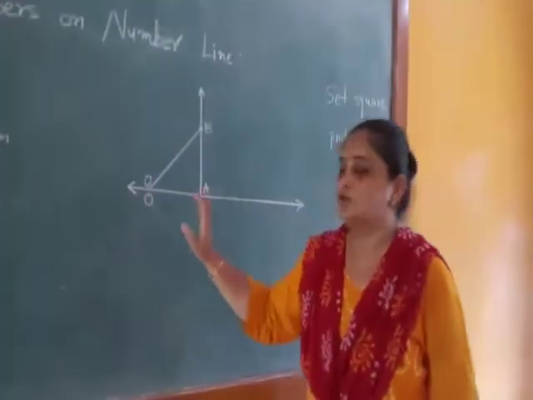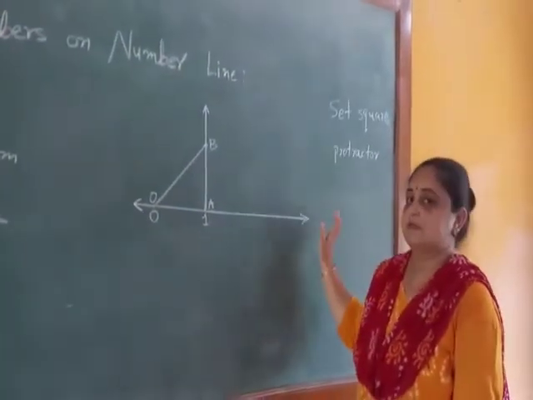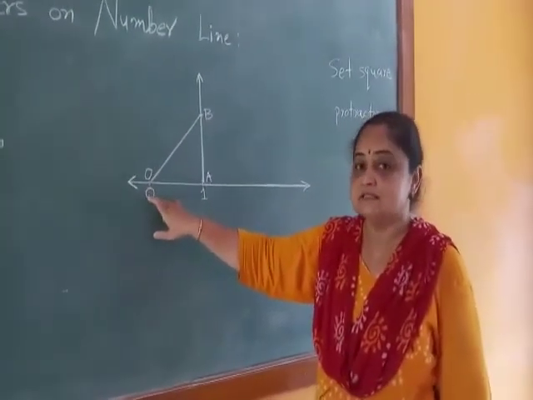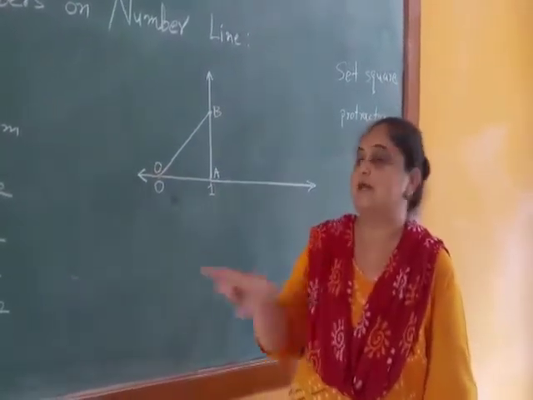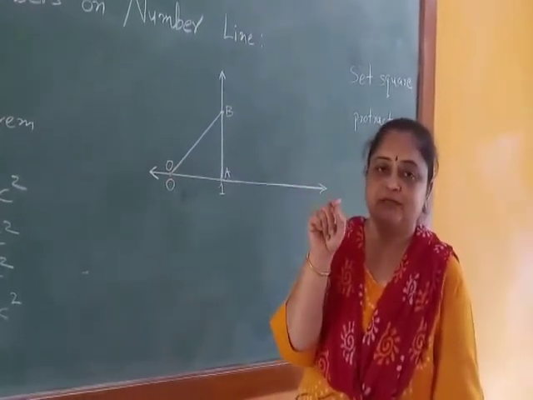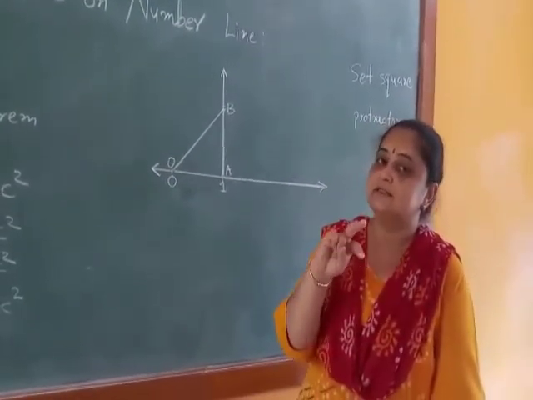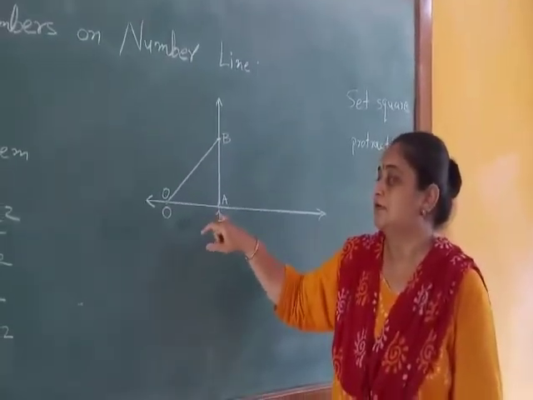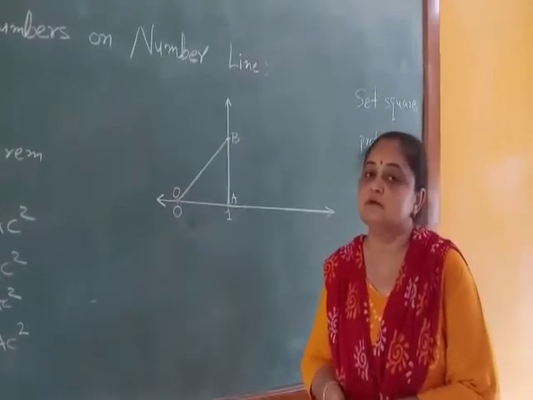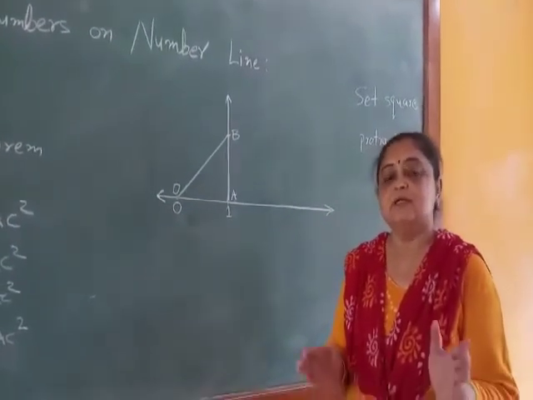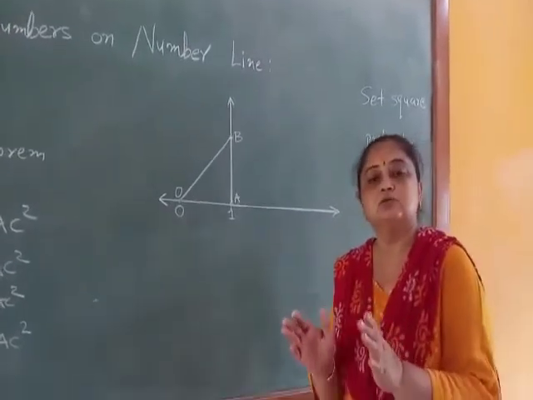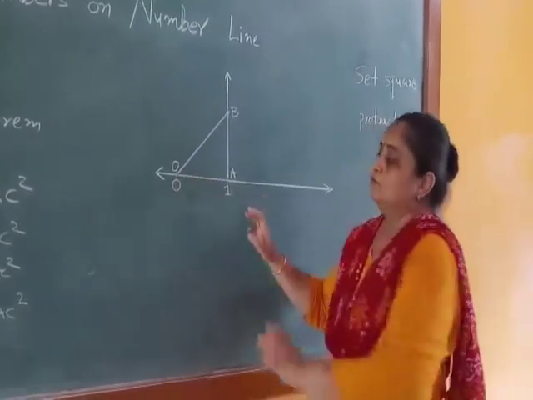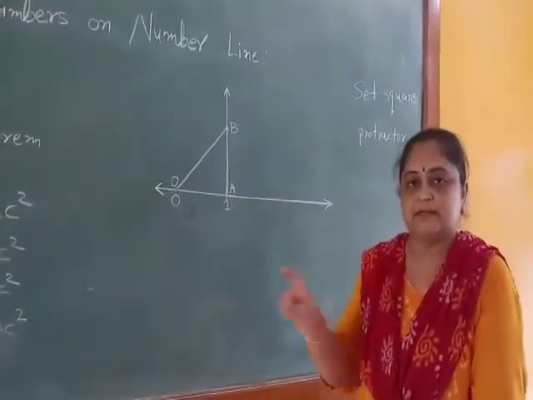For that you should draw a simple straight line. Then on this line one point is taken as 0, and this point is named O. Here we have to take 1 unit. Now this 1 unit is not necessarily 1 centimeter. It is your convenient measurement, either 2 centimeter or 2.5 centimeter, that is 1 unit. For convenience you can take 2 centimeter as 1 unit.